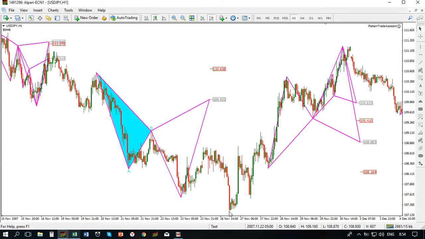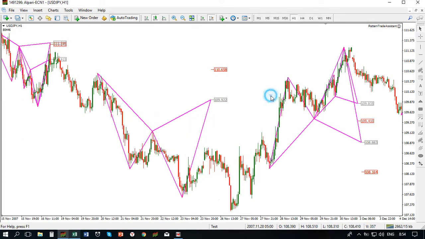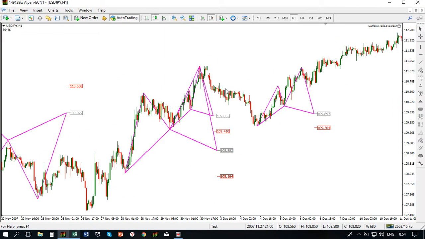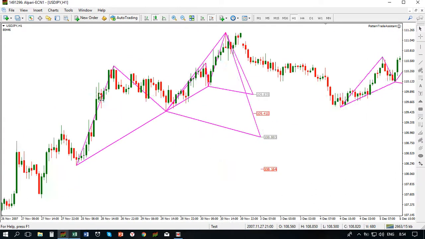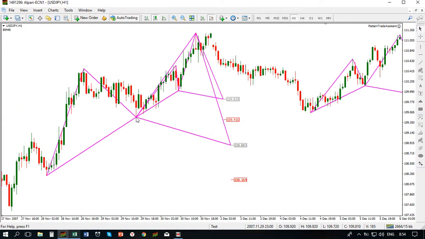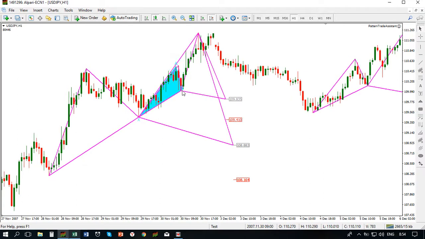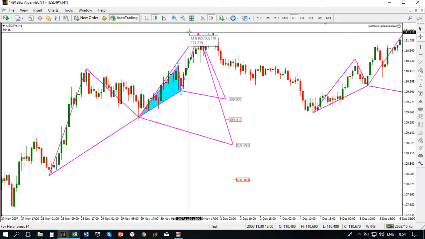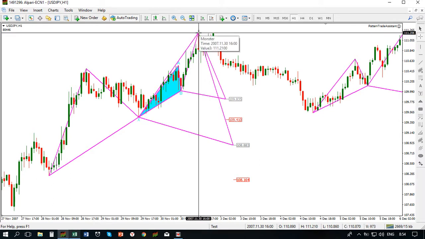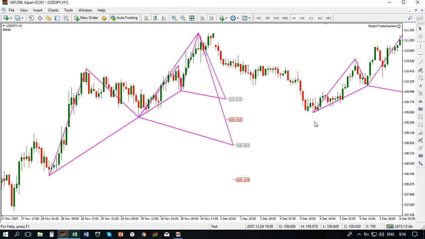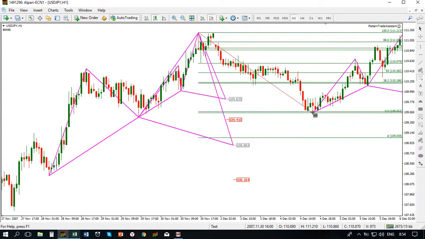C and D. Nothing valid. Smaller cipher potentially hit the targets. Let us see if it was not invalidated. The chart moved, so I have to redraw that. What is the highest here? Oh, it is the highest, and it is valid. Yes, I just thought that this was exceeding that, so